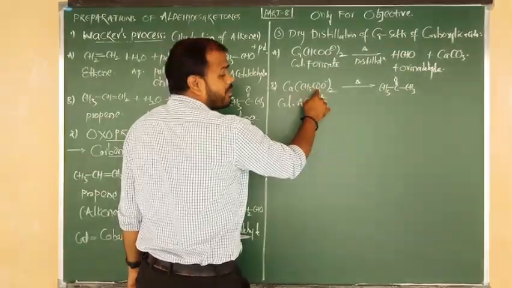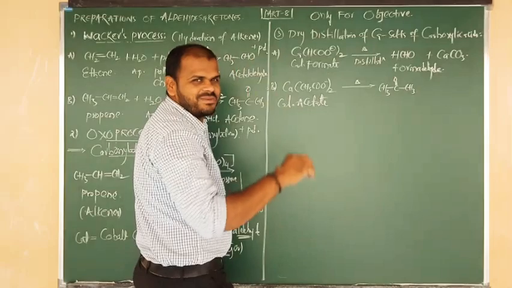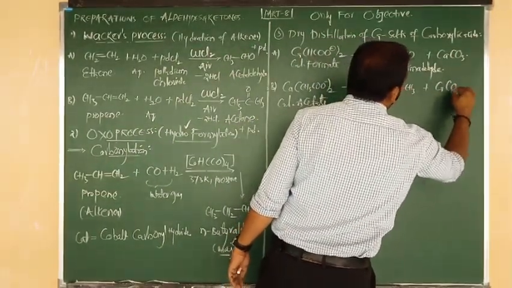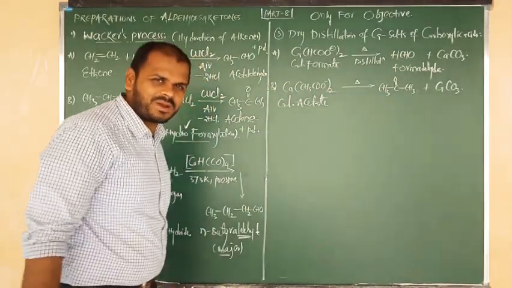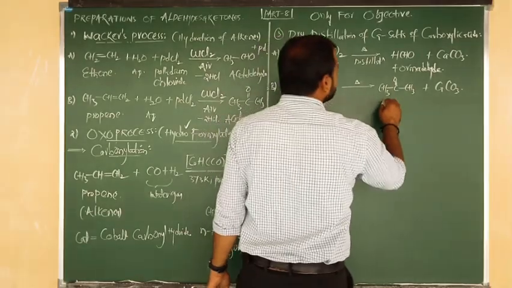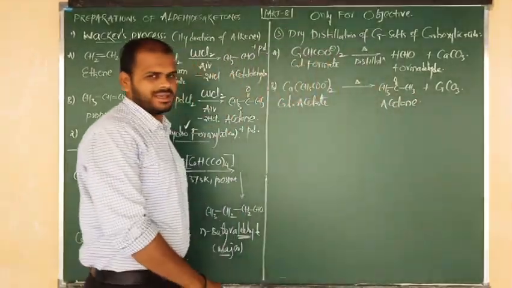And here also, what group is there, beta? CO group. Yes, that we can write in the form of C double bond O. Again, one calcium is there. Same like above, calcium is eliminated in the form of what, beta? CaCO3. So calcium acetate upon dry distillation, the product formed is a ketone, that is nothing but acetone.